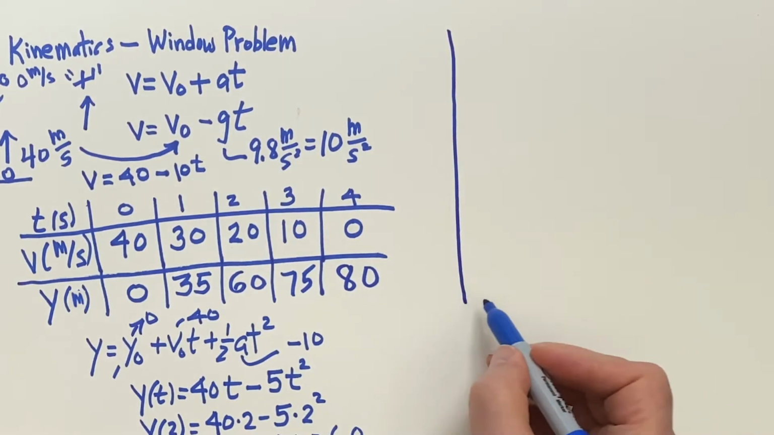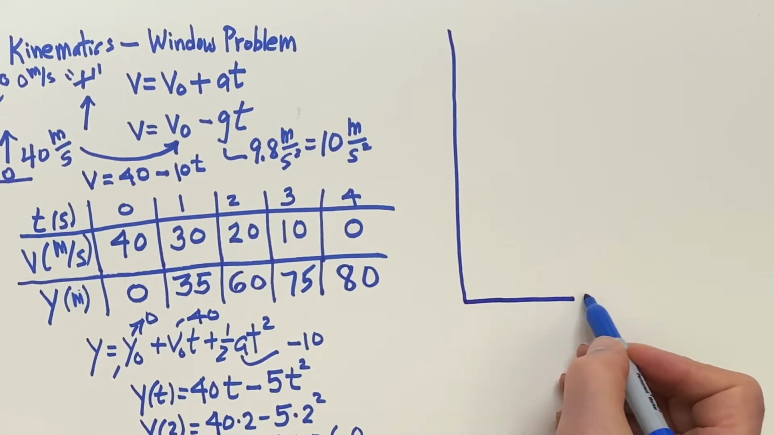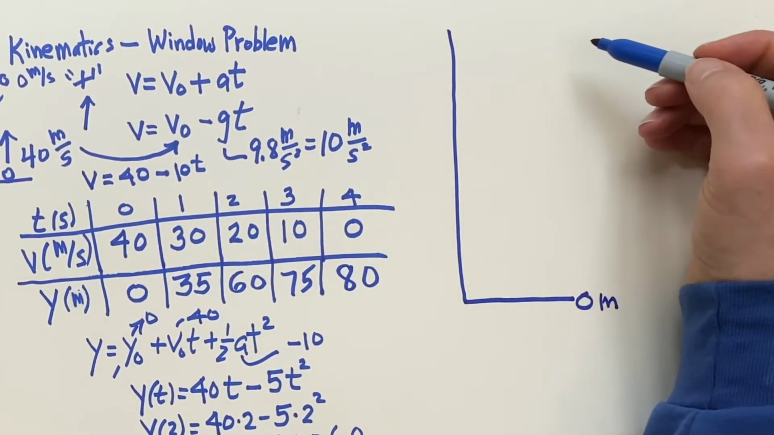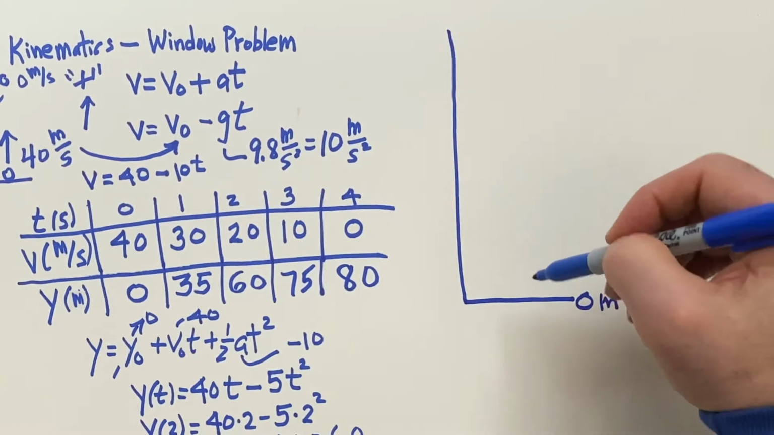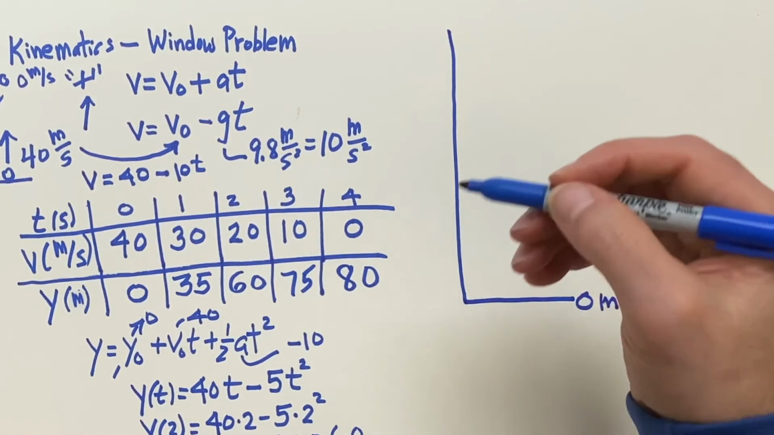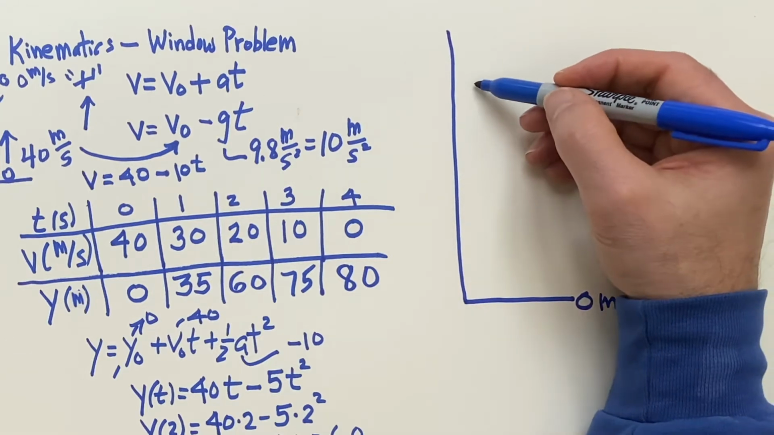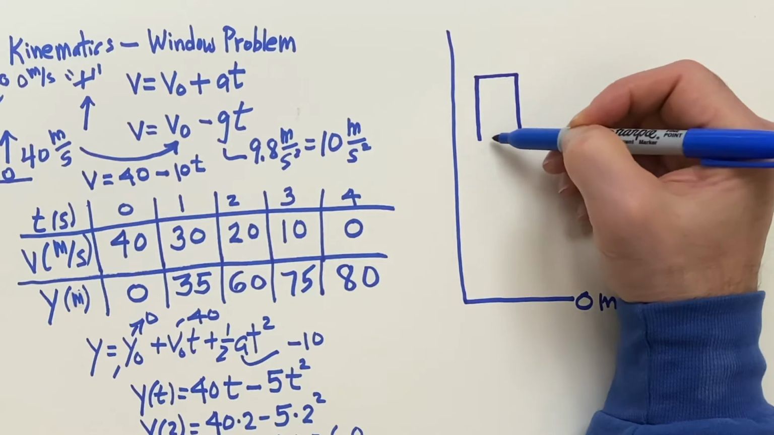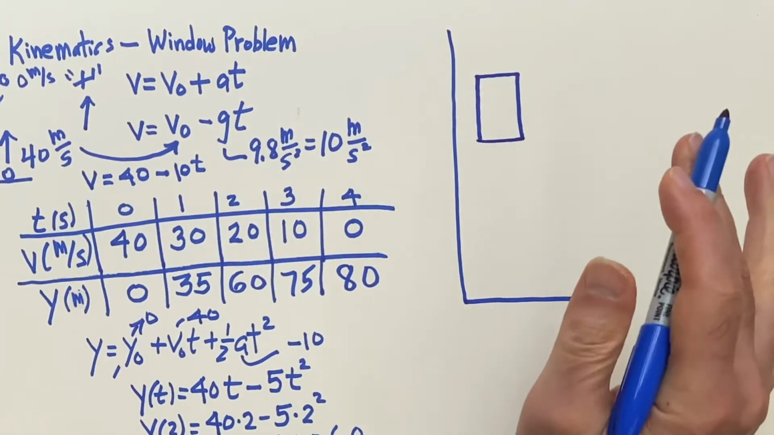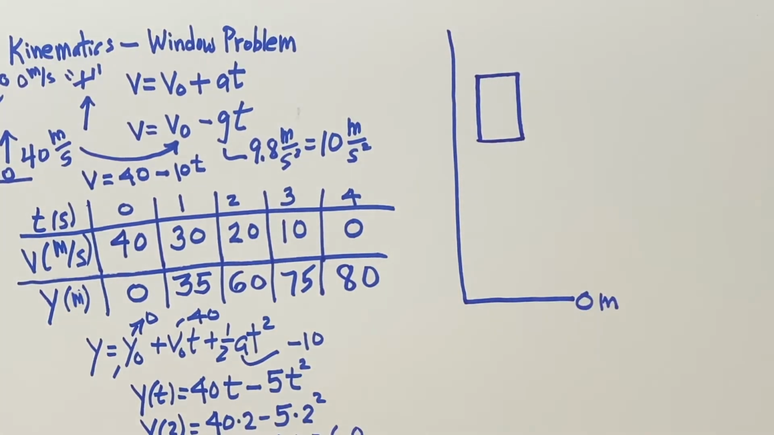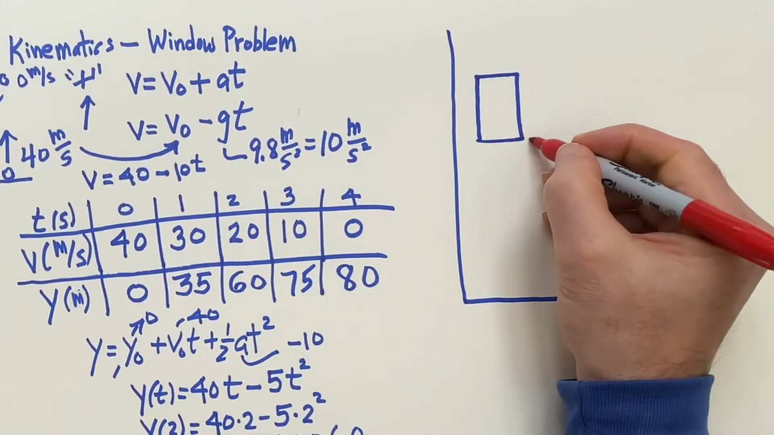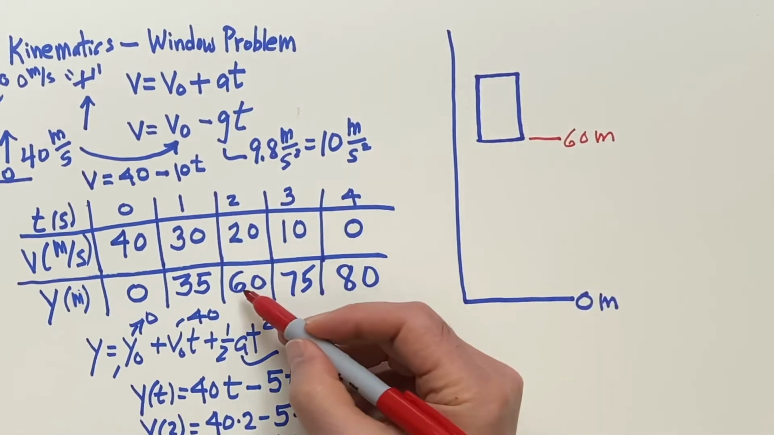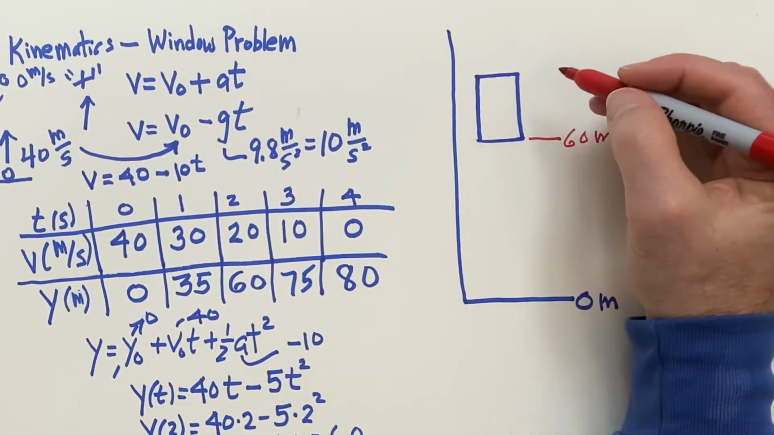Okay, so we have here 0 meters, and we're not going to tell much information to the person doing the problem. We're going to have a window up here, but between you and me, we're going to know what these values are. We're going to know this is 60 meters, and we're going to make the window